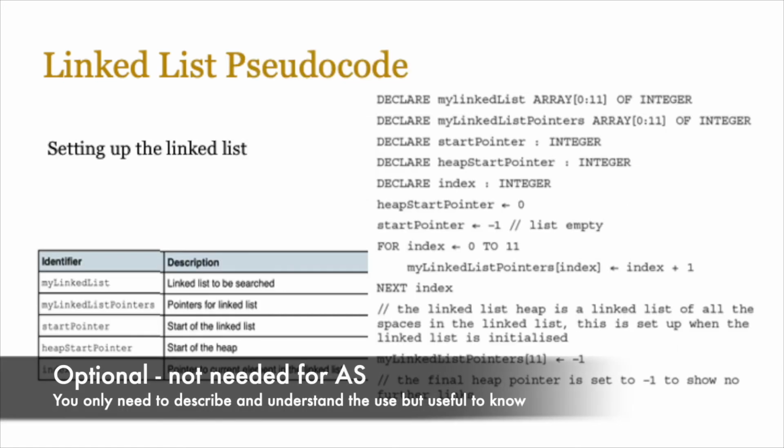So the pseudocode for setting up a linked list looks something like this. You declare your linked list array based on whatever data type you want to store in there, and then you will have a pointer array which is again going to store just integers because pointers are going to be just integer data. You're going to declare your start pointer variable, your heap start pointer, and an index. Initial values are going to be 0 and -1 because that denotes the list is empty, and then you will use a for loop to update the indexes